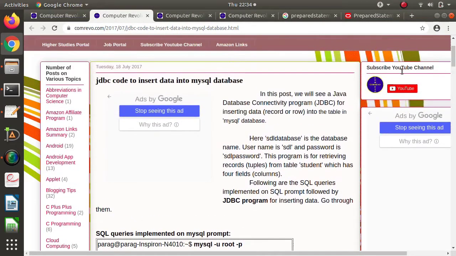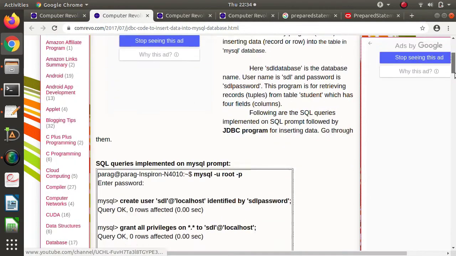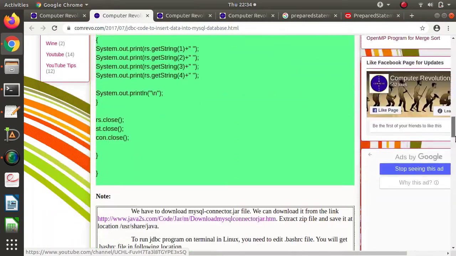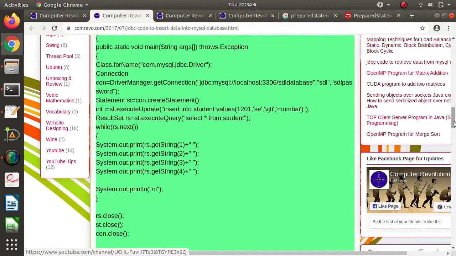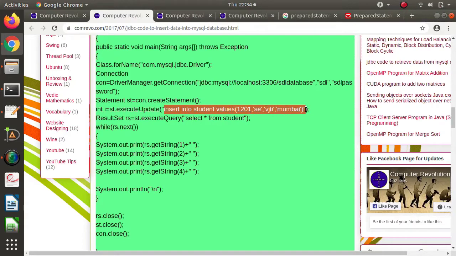This is the JDBC code to insert data into the MySQL database. Here we use the statement object, call the execute update method, and mention the SQL query to insert this row into the database.